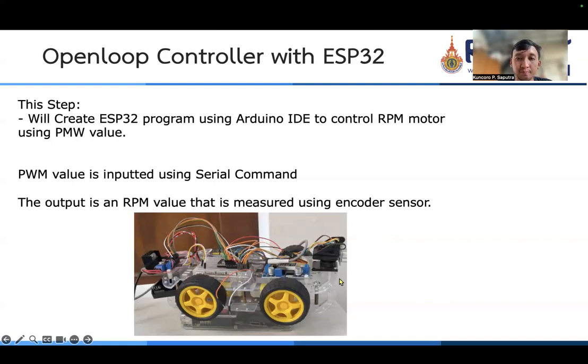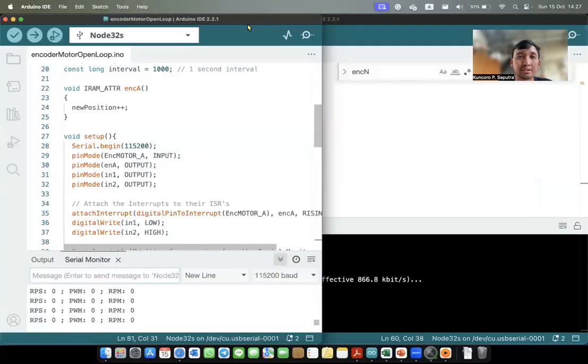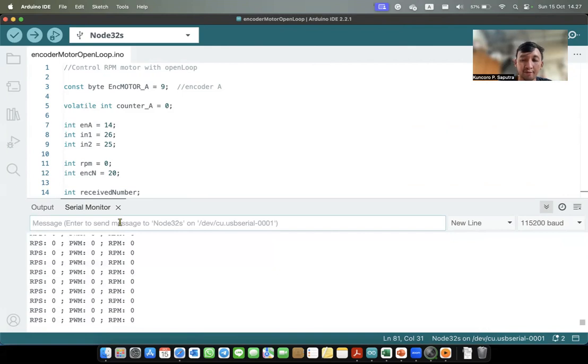So we move to the code, the Arduino code. We can see the Arduino code is like this. First, I need to send the PWM value using the serial monitor.